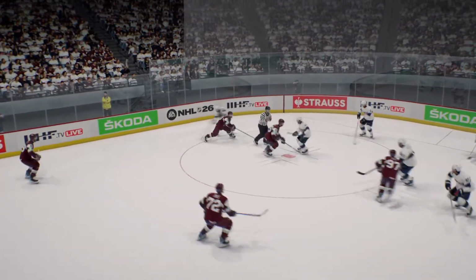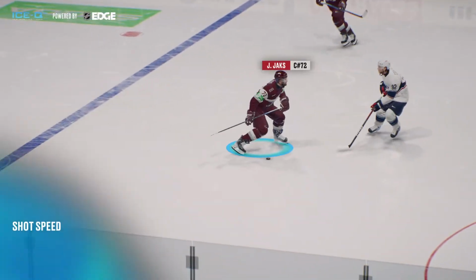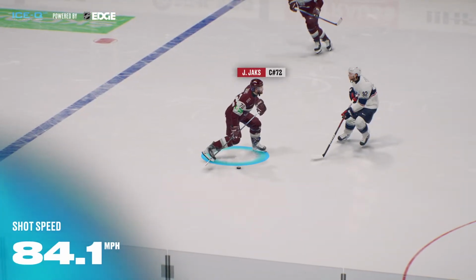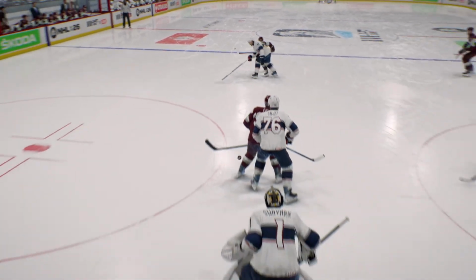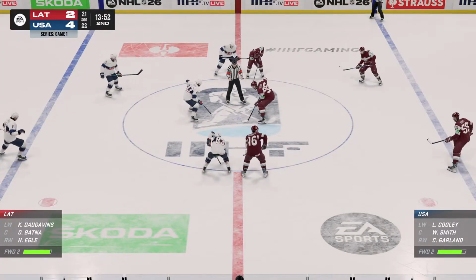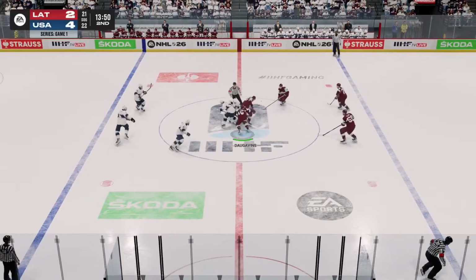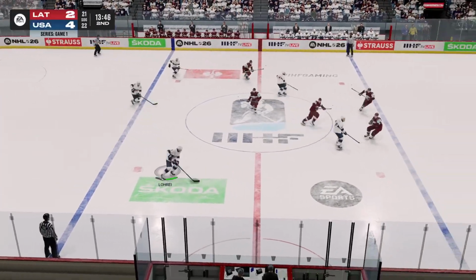That might have hit a United States player. Paige Thompson was in there down low. Let's see where this one deflected as it gets past Jeremy Swayman. Kind of hard to tell from that look, but I believe that deflected off of Thompson. Let's see. It was Shea. It was the stick of Shea who redirected it defensively. And Latvia's back within 2. It's 4-2 here in the second period.